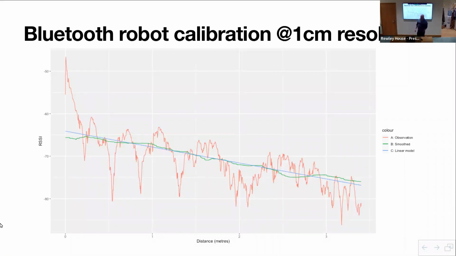So we got fed up with doing this at 1 distance. I was like, we need to do this at multiple distances. So after I finished on the UK app project, I then worked on an open source library thinking, we need to improve Bluetooth between mobile phones, whether it's for contact tracing or whatever. So I spent a nice long summer getting over my COVID experience of working on it by calibrating phones at different distances. I got fed up very quickly of doing this manually, right? So I created Colin, the calibration robot. And then we created another robot, which we never named, which was a bit of a downer.